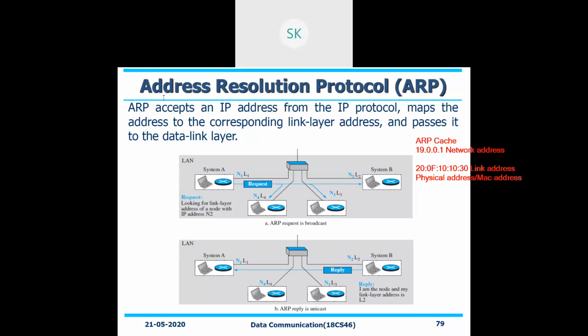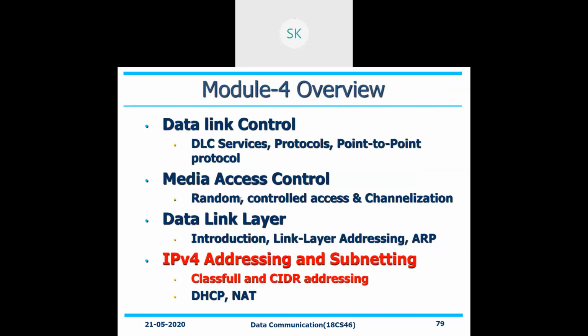So what is a major part of your Address Resolution Protocol? It is used for getting the MAC address, or the physical address, of the other system to which that particular person needs to communicate. So that is the major aim of the Address Resolution Protocol. Okay, we'll just move on to the next one.